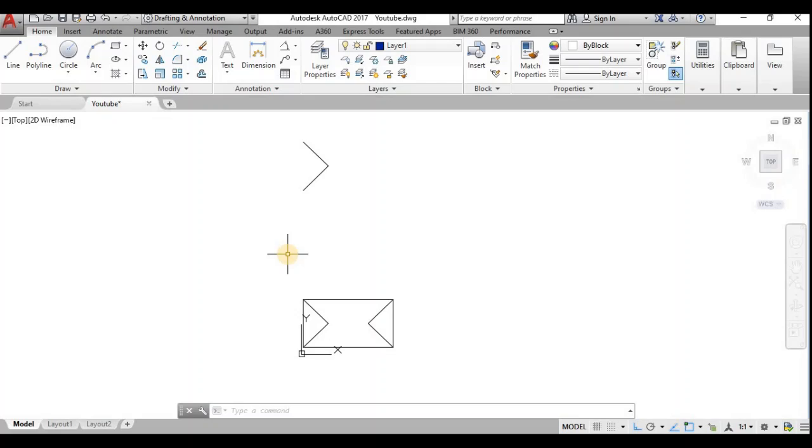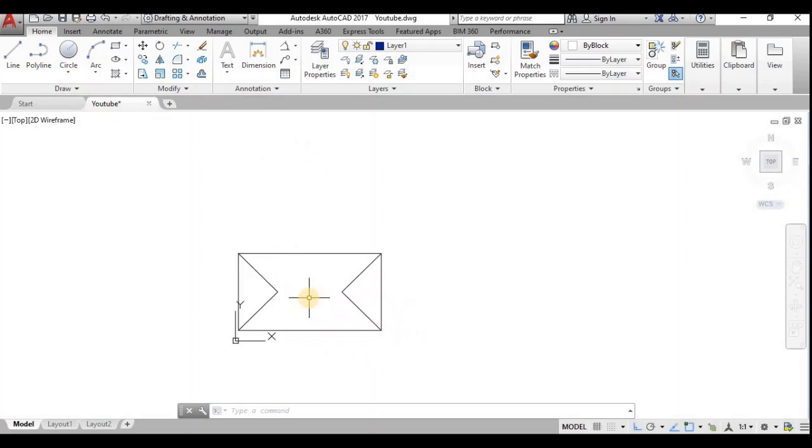So if you know the point where you need to choose the midpoint, that will be the mirror line. It will be comfortable for us for drawing. So you need to know the midpoint between the reflection and the object. That will be the mirror line. So I have chosen the midline for these lines.